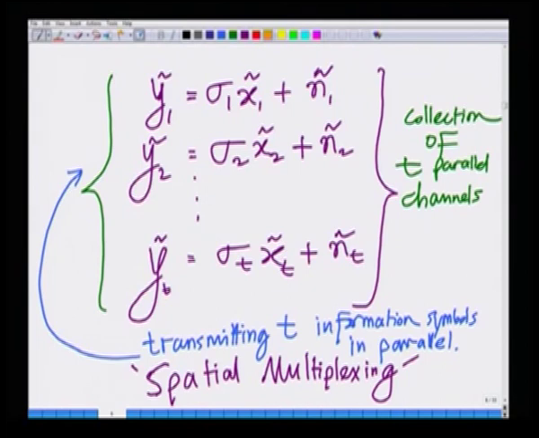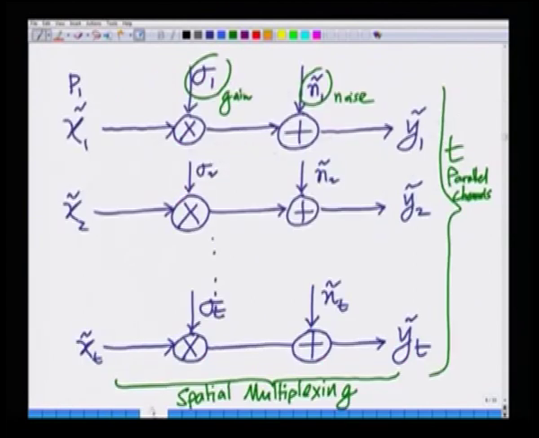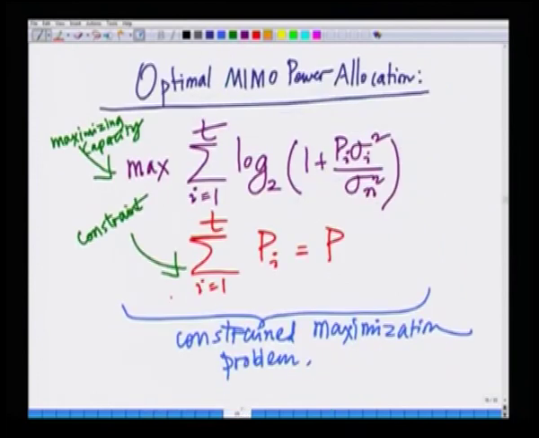This is also, as we said, spatial multiplexing. And we also described this schematically. We drew a picture. We said it can be considered as T different channels with x1 tilde transmitted across a channel with gain sigma 1 and noise n1 tilde, x2 tilde transmitted across a channel with gain sigma 2 and noise n2 tilde, and so forth. We also said the capacity of this channel is the sum of the capacities of these T